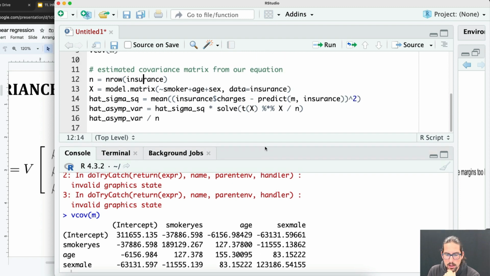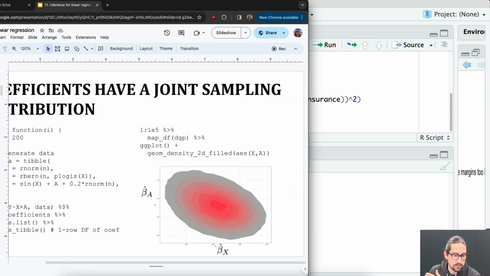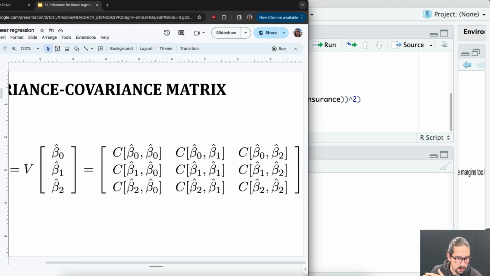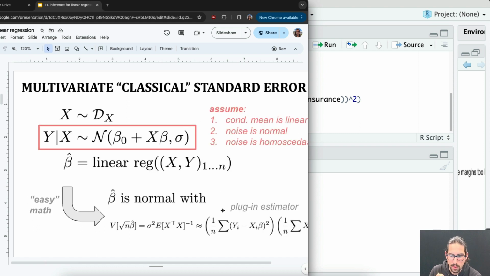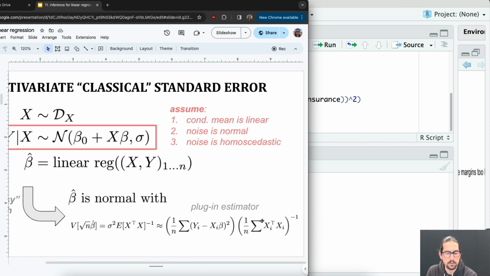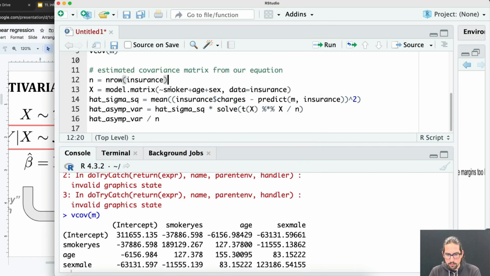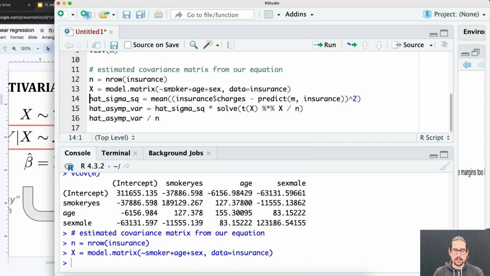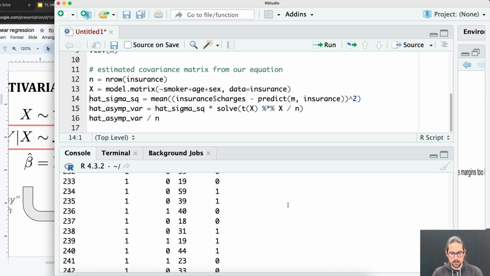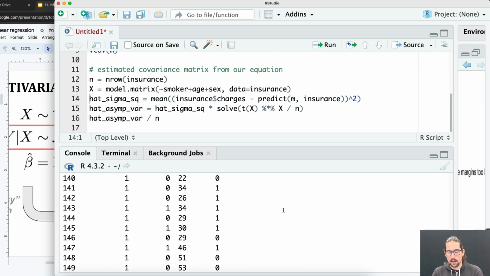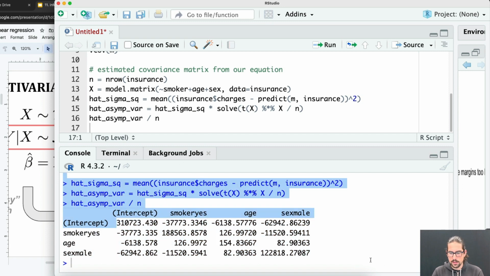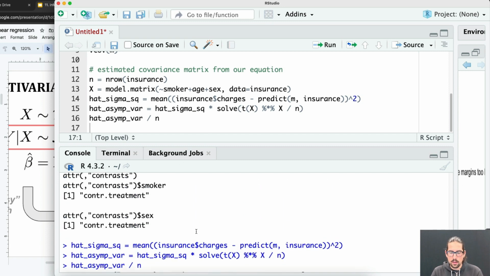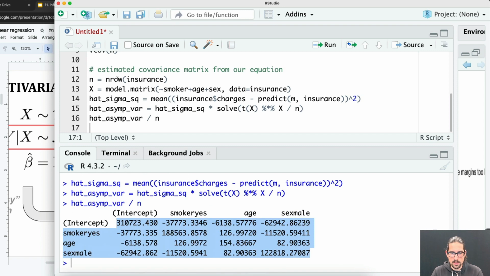What I'm showing you here is, instead of trusting vcov, which comes from R, if you actually go and type out all this stuff, how would you do that in R? I've done it for you here. So I get n, and I make this X matrix. You can see it just looks like this. It's just the data of the predictors. Then I calculate various things here, and the matrix that I get out of all of that is the same as if I just ran vcov,